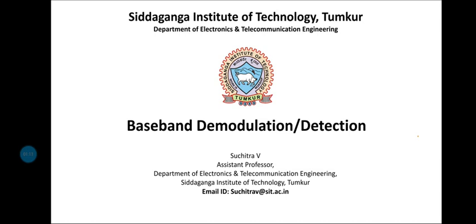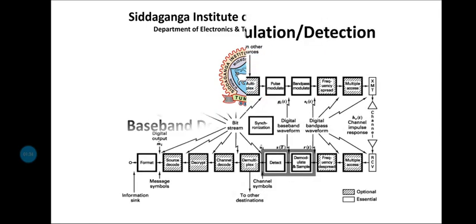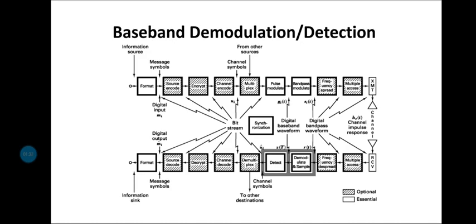Due to ISI, the signal is smeared and not quite ready for sampling and detection. That's where we need our demodulator, that is the receiving filter, which is going to recover a baseband pulse with the best possible signal to noise ratio, and which is going to be free of ISI, or zero ISI. So we are now looking at two blocks here, the demodulate and sample block and the detection block, which is highlighted.